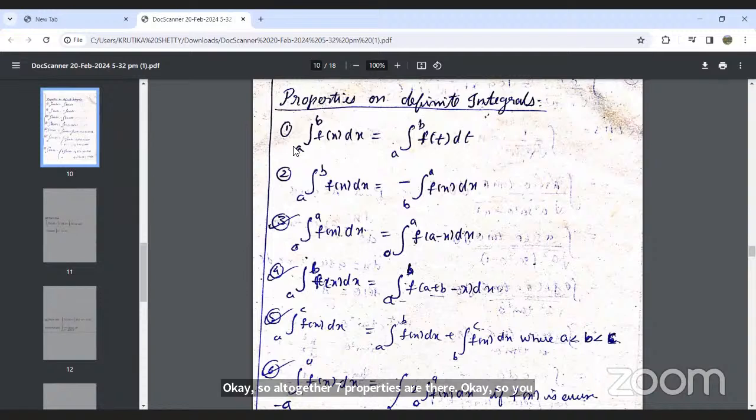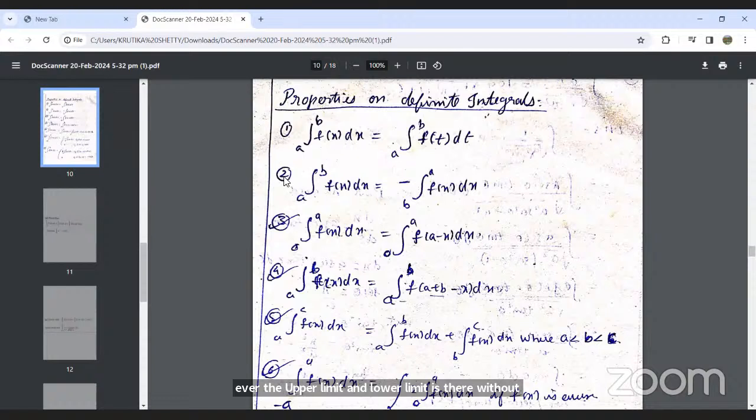See, the first property is integration from a to b of f of x dx is equal to integration from a to b of f of t dt. Okay, so this is the change of variable property. We can change x to t without changing the limiting values. Whatever the upper limit and lower limit are, without changing that,